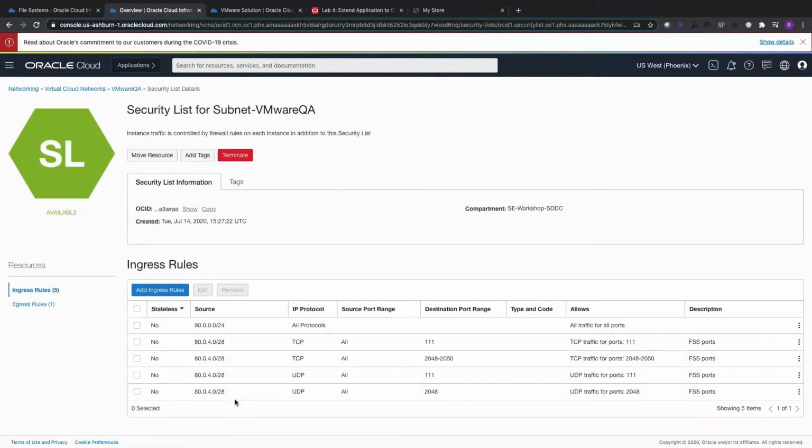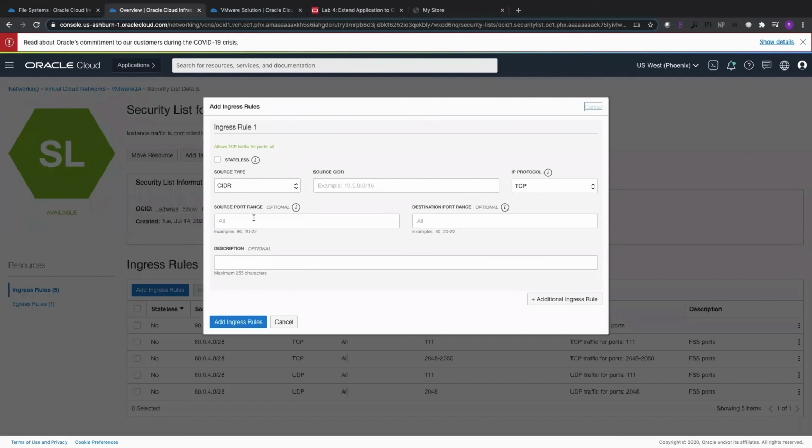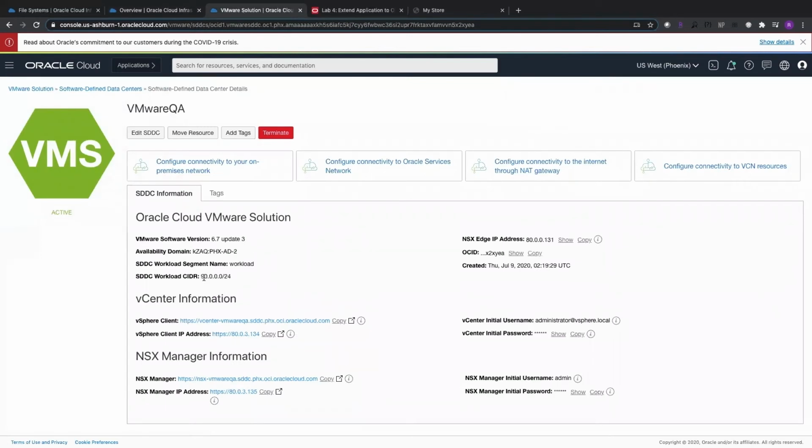Now I also have to allow communication from the VMware workload network to the FSS. So again, click Add Ingress Rule. And now here we will provide the workload CIDR range. To do that, I'll go back to my VMware screen and copy the HDDC workload CIDR.